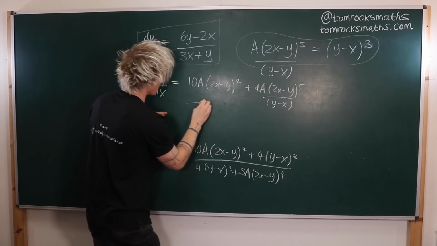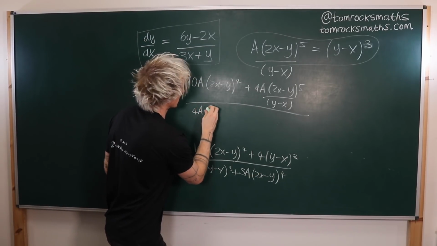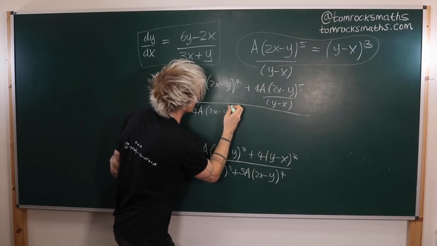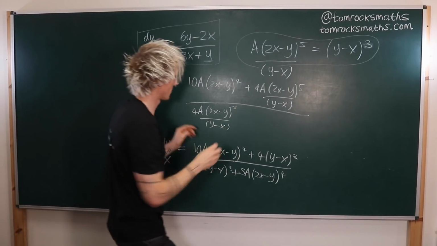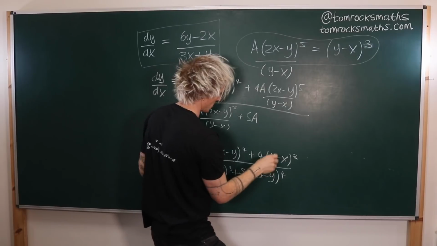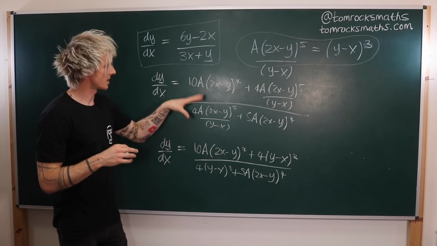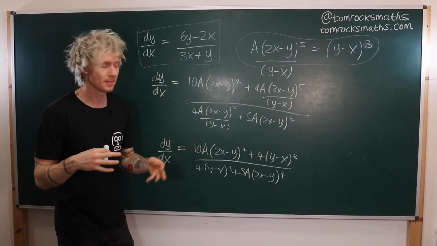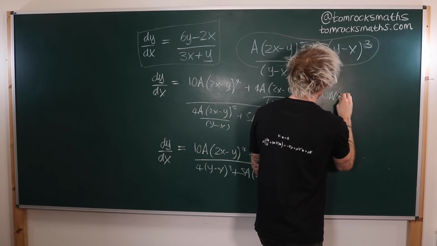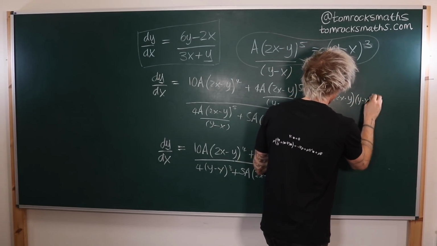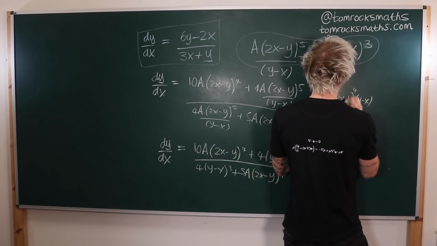And then the whole thing is divided by the 4 substitute again, so that's 4a times (2x minus y) to the 5 over y minus x on the bottom, and then plus 5a times (2x minus y) to the 4. Now at this point, it would be nice to multiply through by the y minus x term. So if we do that, on the top I've got 10a (2x minus y) times (y minus x), and then it's (2x minus y) to the 4th,